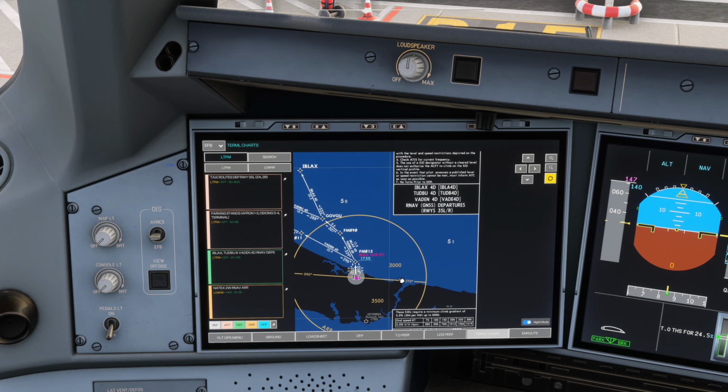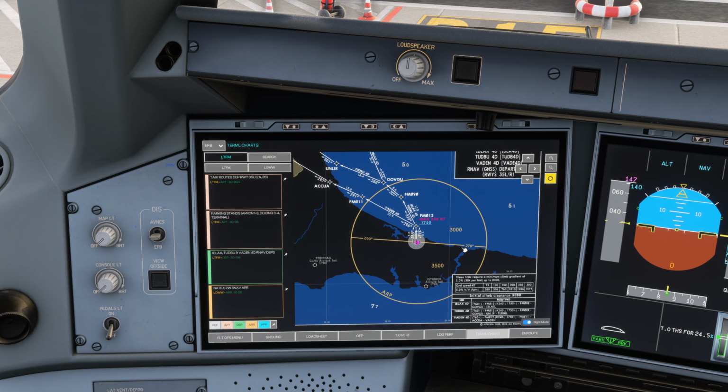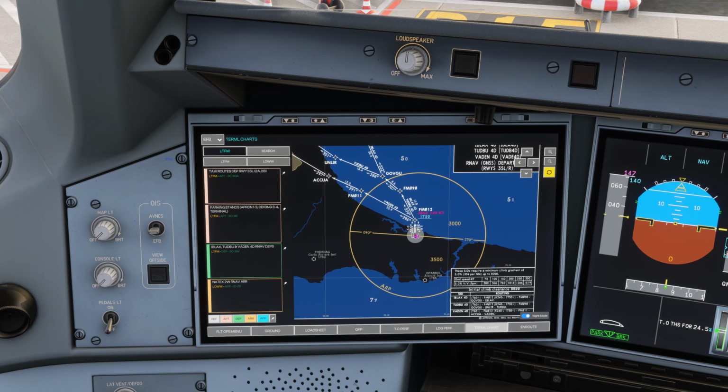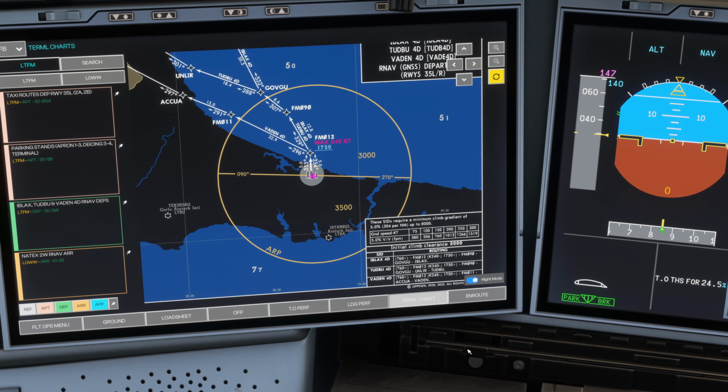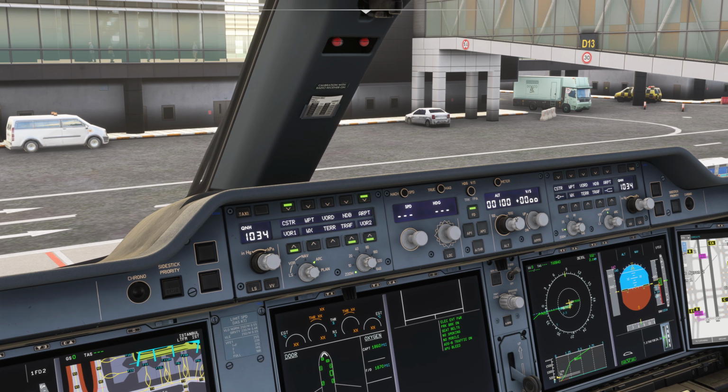If you're using the default simulator Lido charts, unfortunately, these pages are currently not available in Flight Simulator, so you got to ask your air traffic controller what the initial altitude is going to be. If you're using the Navigraph / Jeppesen charts, you got the initial climb clearance right down here, 5,000 feet in our case. So let's go up here, set 5,000, and when that is set, we always select 100 on the